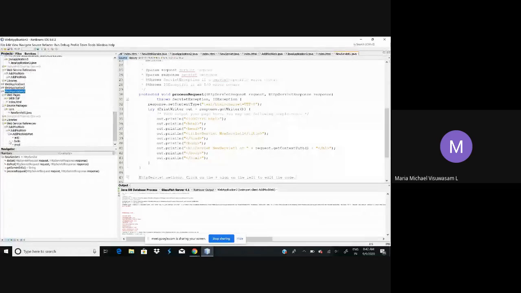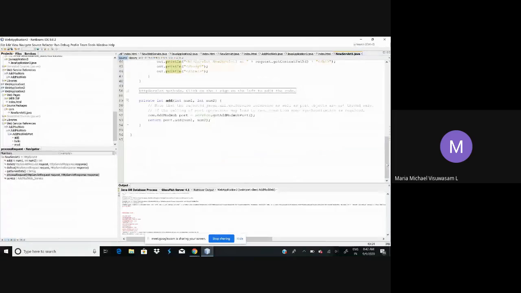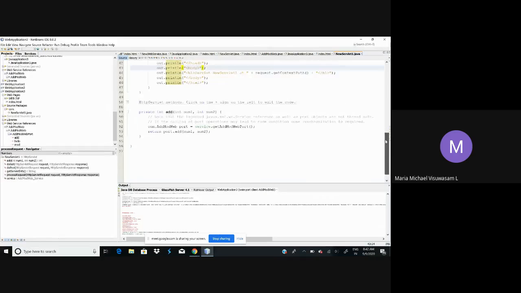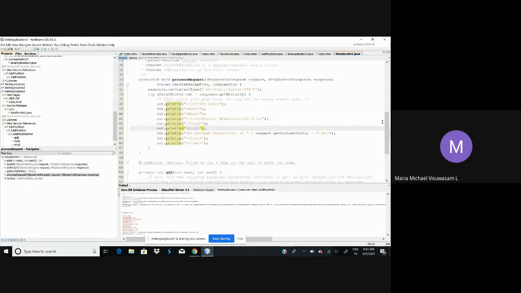So what is the procedure we need to do? We need to just drag and drop the operation onto your servlet. So now the add web service operation is available in the servlet. Now what we need to do next is, inside the body section,